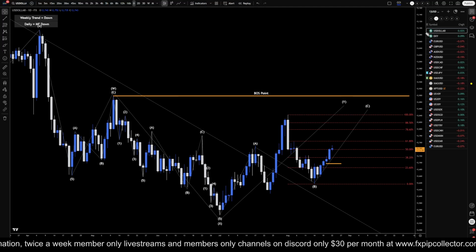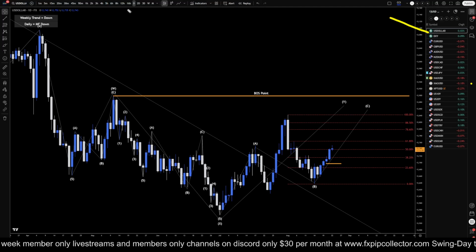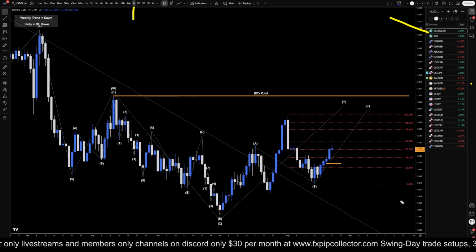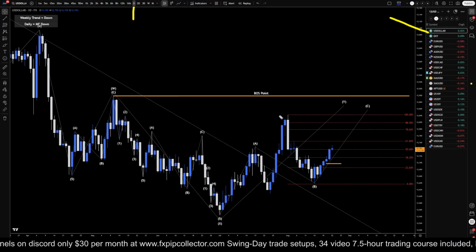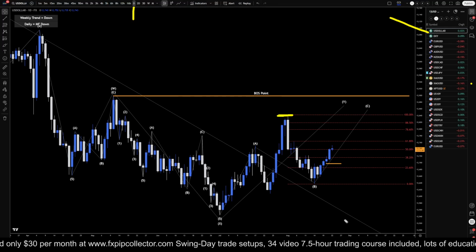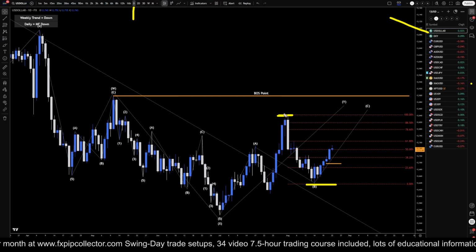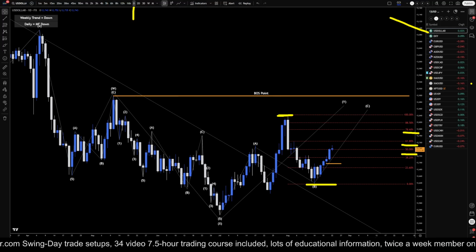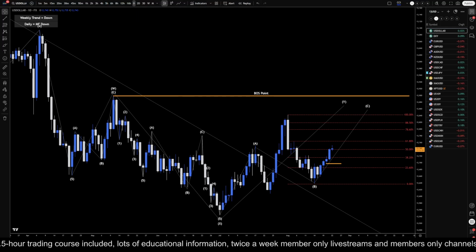This is my analysis for the US dollar index, and we're starting off on the daily time frame. Because on the daily time frame is where I've been saying that more than likely this is going to keep on pushing past. I think we're probably going to at least go back up to these highs. I have my Fibonacci retracement on this last move down because this will probably be areas of resistance along the way, but more than likely, this is going to continue to make higher highs, higher lows on its way up for a wave C of wave Y.